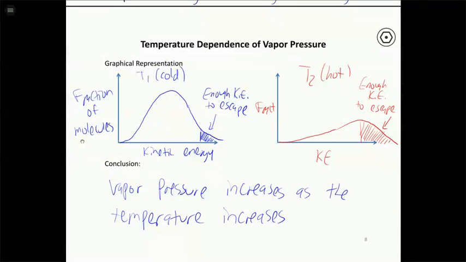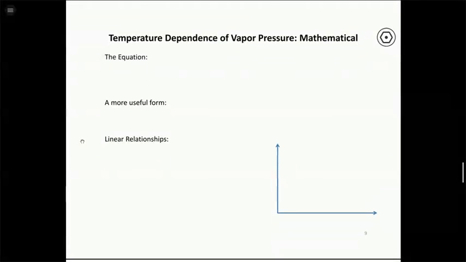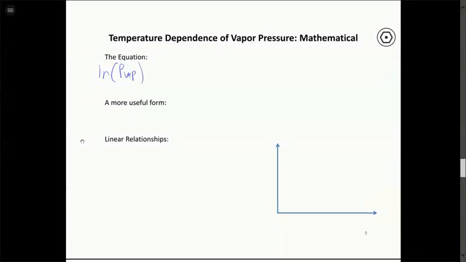So now let's start talking about the quantitative dependence of this. We're not going to derive this equation, but there's an equation for vapor pressure as a function of temperature. What it looks like is the natural log of the vapor pressure. I think this is the first equation we've done in this course that has natural log associated with it, so make sure you know where that is on your calculator. That's going to be equal to the negative of the vaporization enthalpy, minus delta H of vaporization divided by R times 1 over the temperature